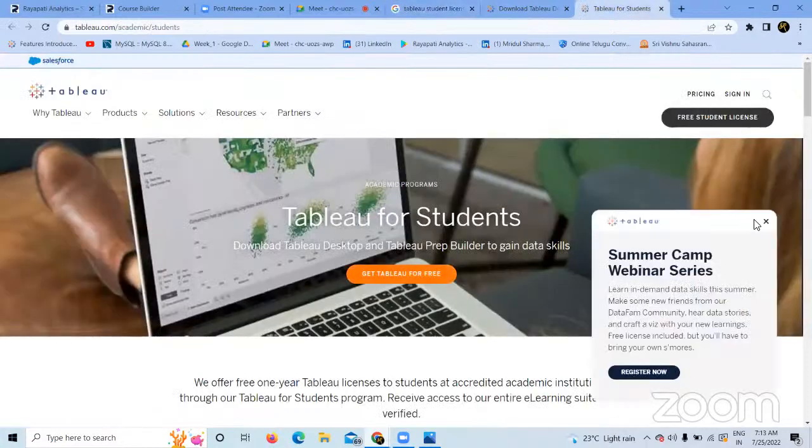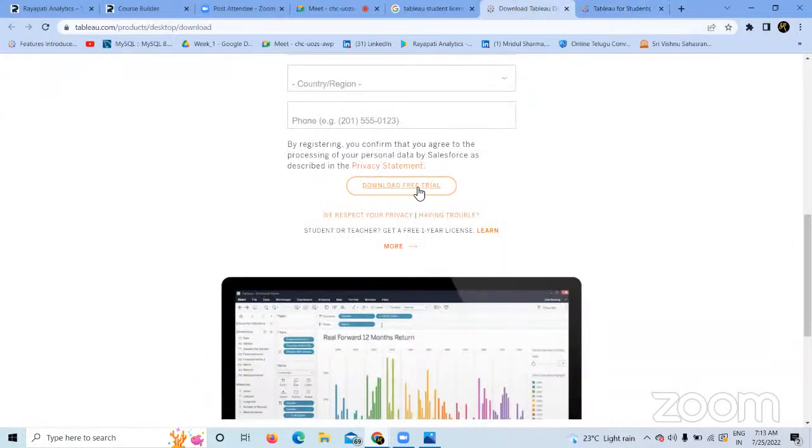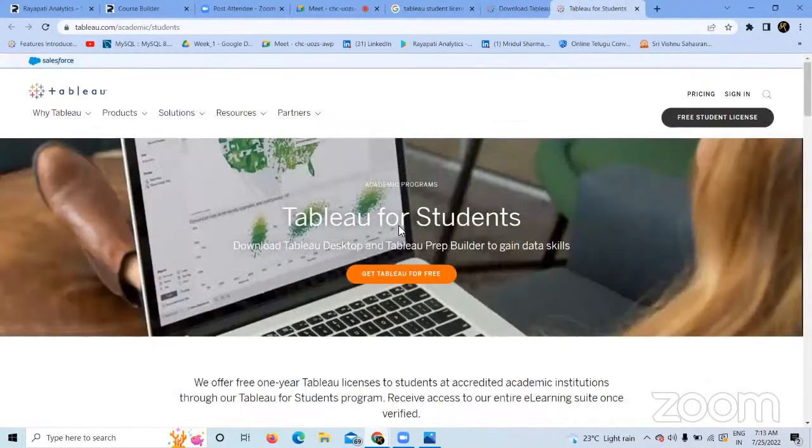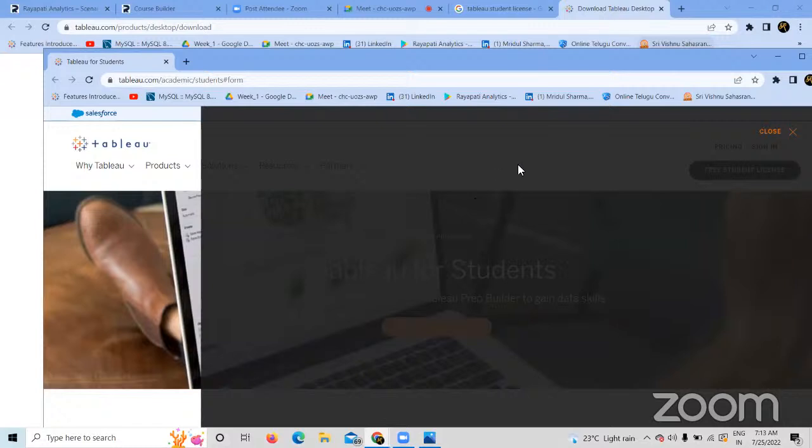Get Tableau for free. See, earlier it was saying take the free trial. Here it is saying Tableau for free. Why is it saying Tableau for free? Because here you will get a 1 year license. Here, just get the details of